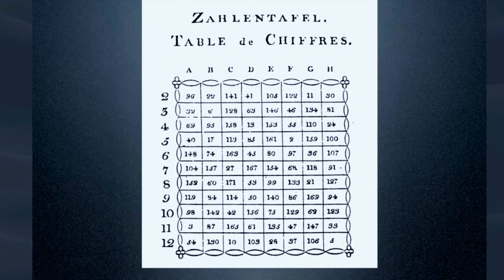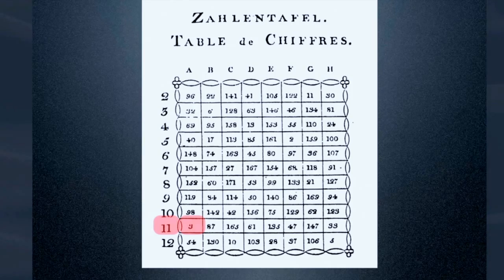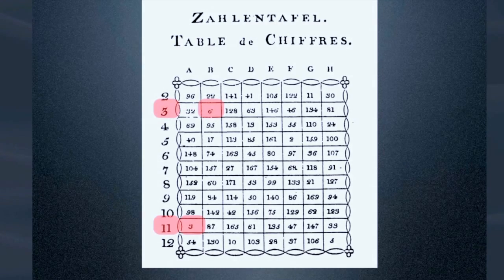This is what came with the game. Across the top, these are measures, A, B, C, D, E, F, G. They were like 16 bars. And then these are the dice rolls that you could come up with. So if you rolled on the first measure an 11, you would go look up this number 3 bit of music off the table and put it in the first bar. And if you rolled for the second one a 3, you would put snippet number 6 in bar 2, and so on until you had filled up your grid of minuet bits.